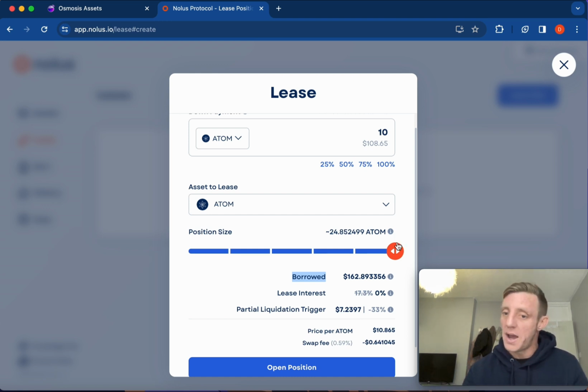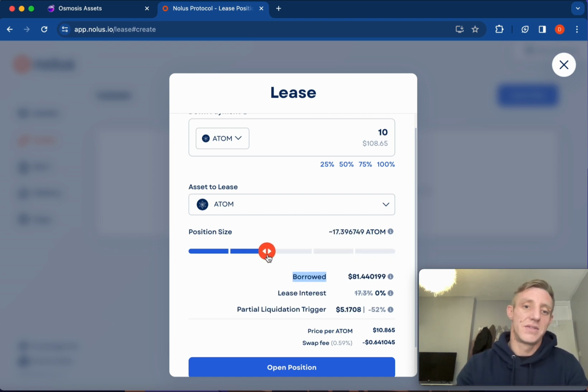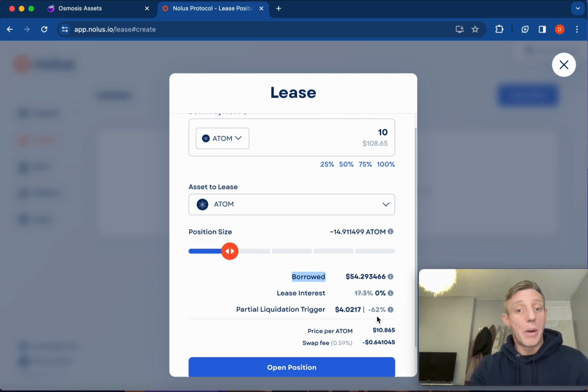$7.23. Now this is where Nolus is pretty much one of the top DeFi leases out there at the moment, because you have varied liquidation rates and borrowed rates. So you can borrow 150%, 125, 100, 75 down to 50%. And then what you can see is it changes the partial liquidation rate at which you will be liquidated. So for example, if you take 50% out and you borrowed 4.9 Atom, you will be liquidated at